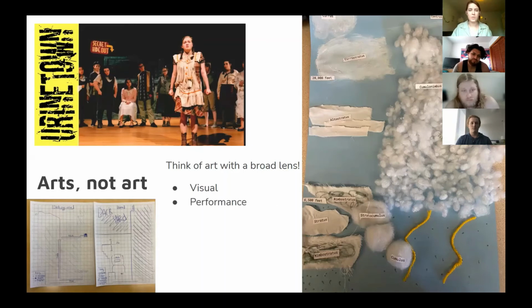It can also be performance. So the book talks about high school, where when talking about water crises in cities, they did the play Urinetown, which I haven't seen it, but it sounds great. There can also be English language arts. So that would be reading books about what is going on, or maybe doing a letter writing campaign. There's also social studies. So studying the history of what happened is very important.